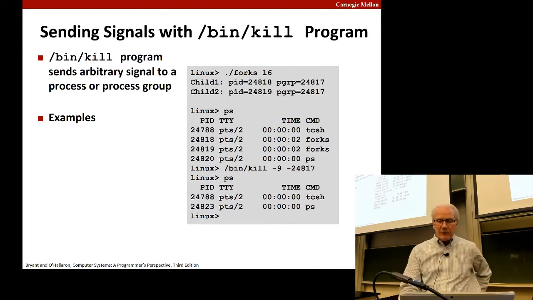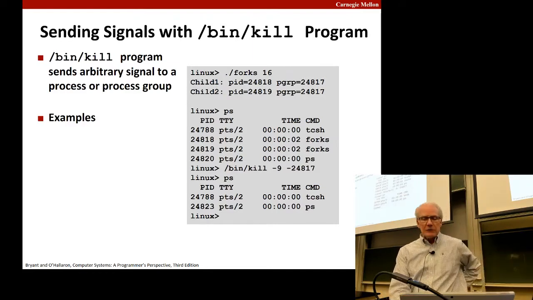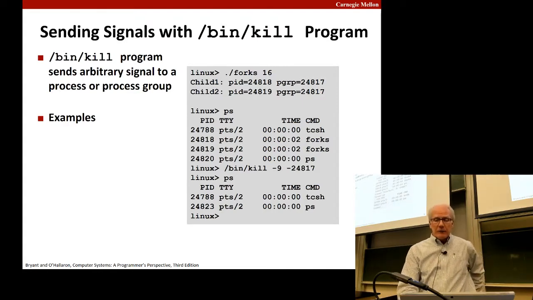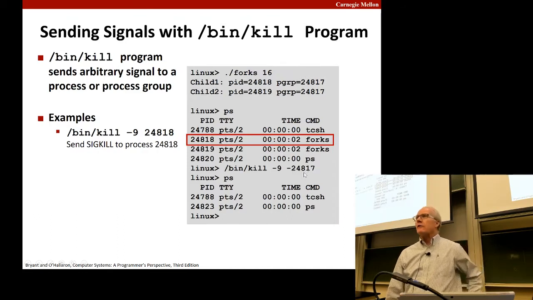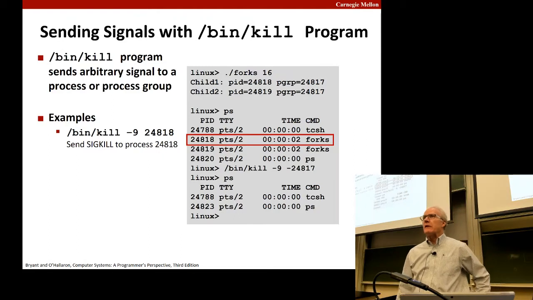You remember from the table before that signal type 9 is SIGKILL, so you can say deliver signal type 9 to something. Similarly, if I give a negative number for the process, I'm saying deliver the signal to every process in the entire group,